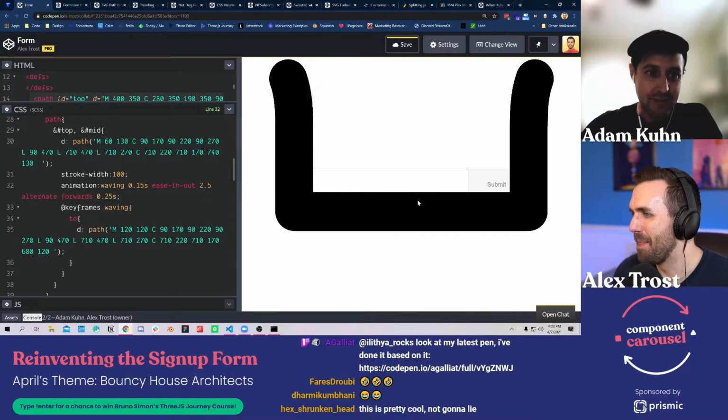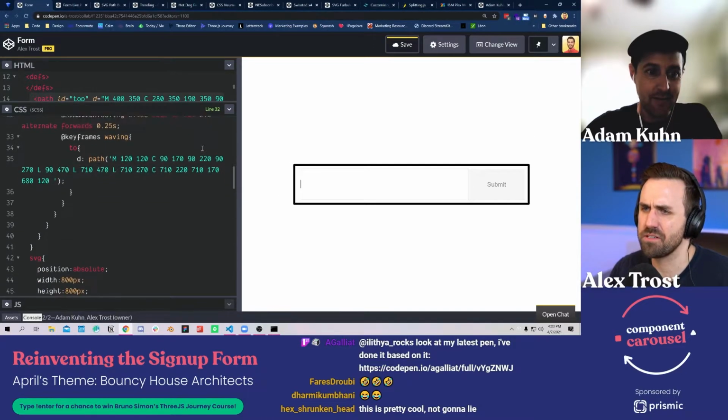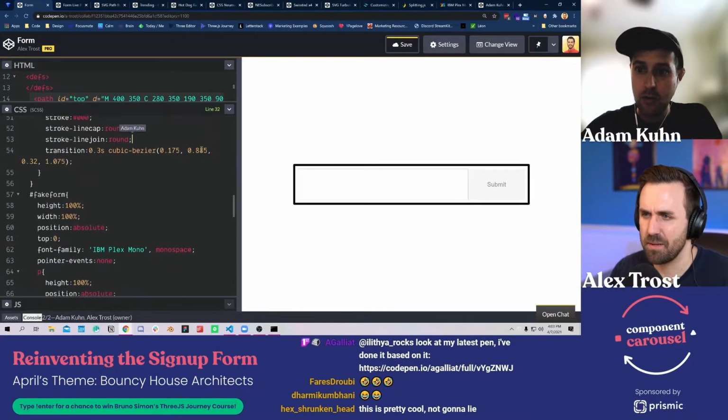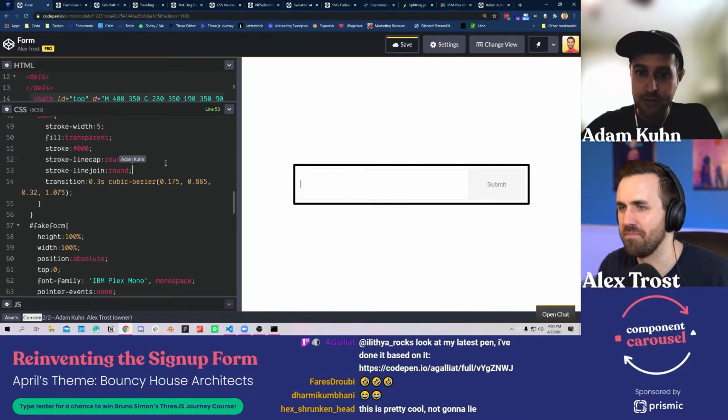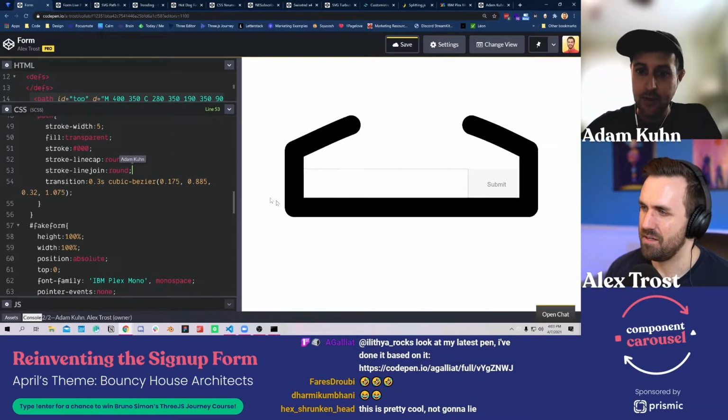Yeah. How did you add round just those? What line is that? Oh, the line join under the path. Yeah, line join. Awesome. So we can round those out. And